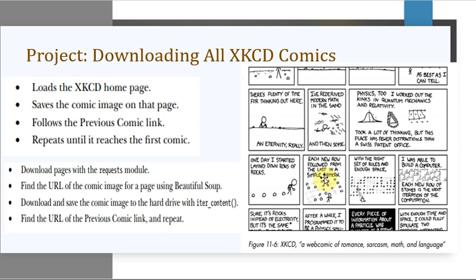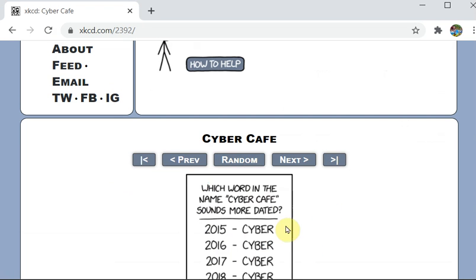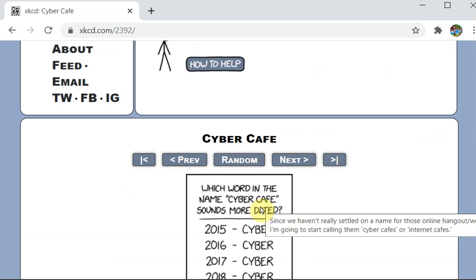So what we want to do here is visit this particular website and download the comic. Like this we want to download all the comics that are there in this site. Just an example. Currently when you open it, one comic will be there, and you can save it.